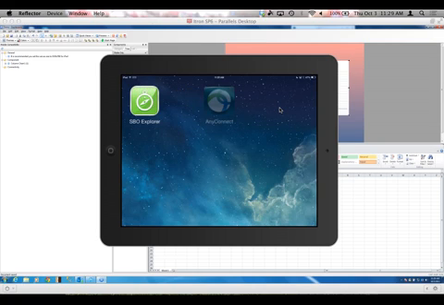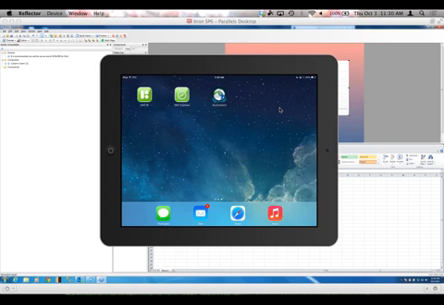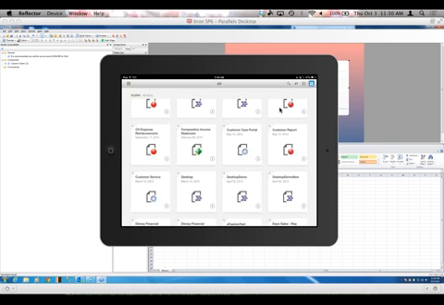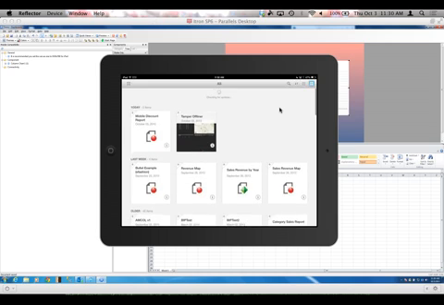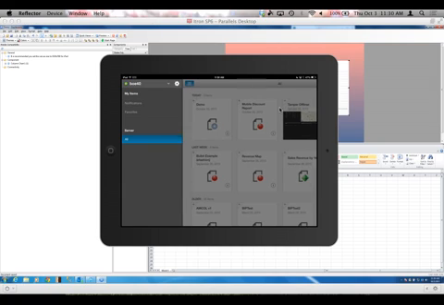But make sure we're still VPN'd. So we're VPN'd to Decision First. And now we'll open up the mobile app, and let's just take you in from the very beginning.